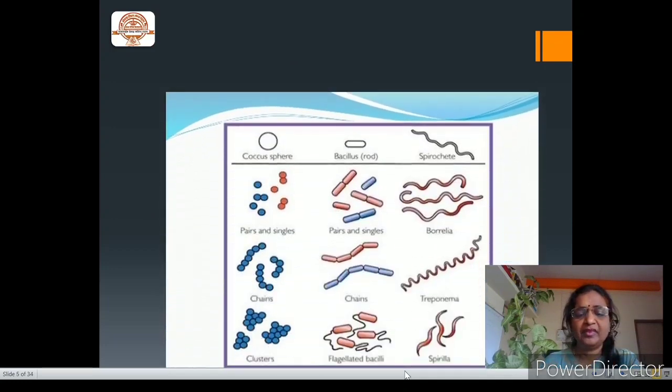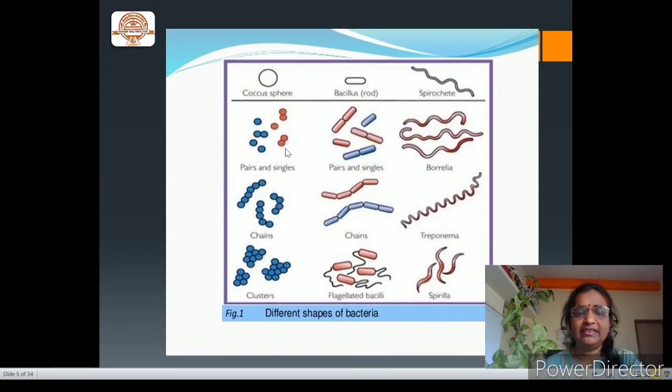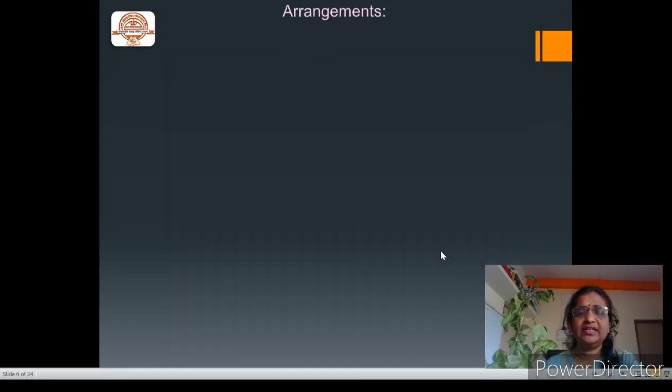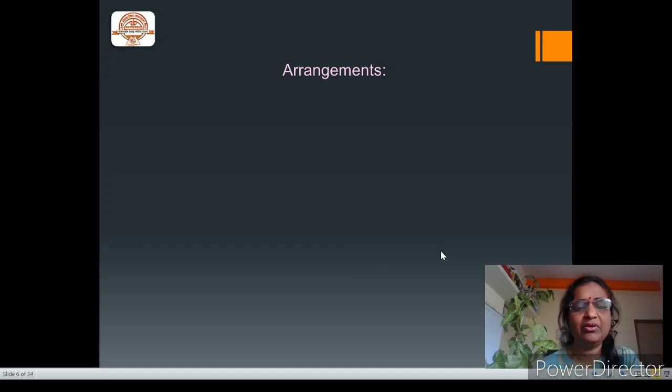These are the sketches of rod-shaped bacteria. These are the cocci. These types of cocci are there. Here are the shapes observed in the case of rods. In the case of rods, we will also observe wide rods, slender rods, long rods, or comma shaped rods that we observe in Vibrio bacteria. These are the spiral shapes in the case of spiral bacteria. Now let us see how they arrange. What types of arrangements are there in the case of the cocci as well as the bacilli.